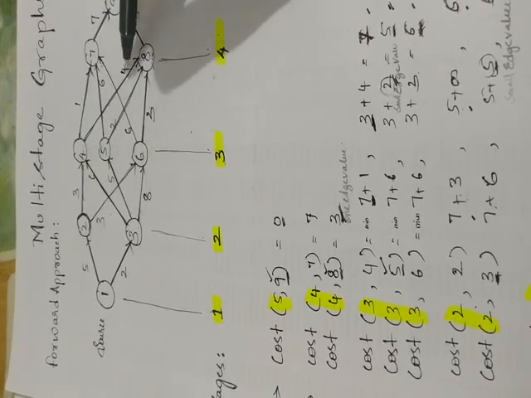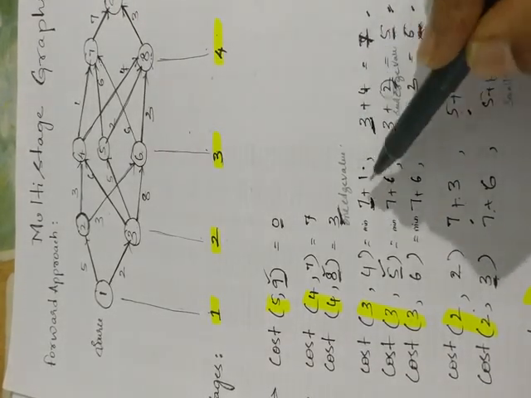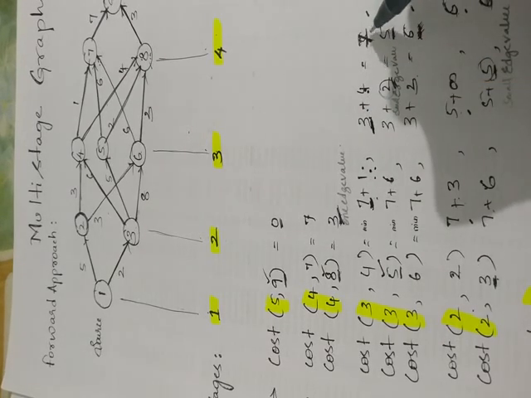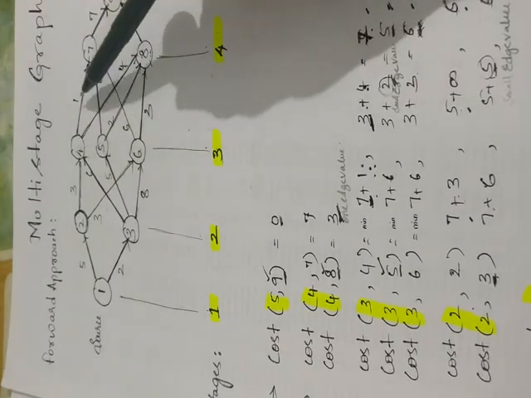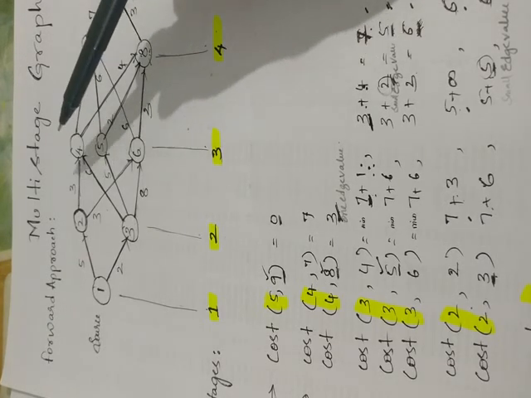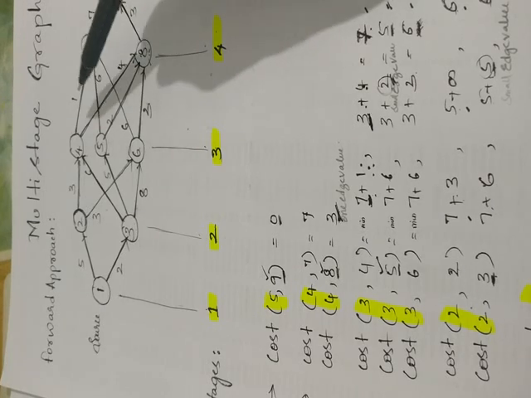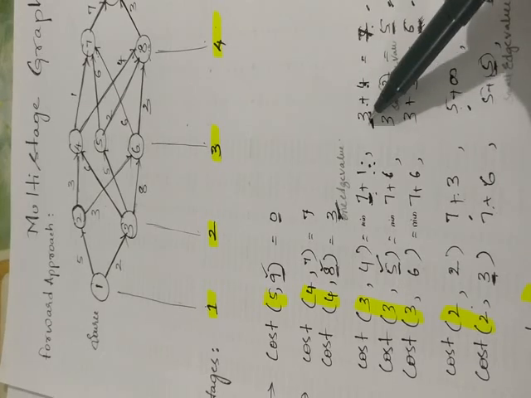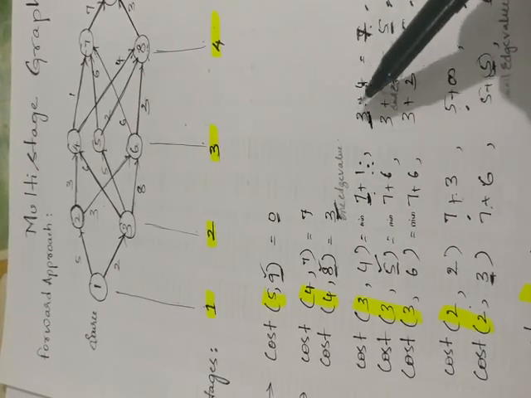So I will write down 7 plus 1 and 3 plus 4. This will be giving me 8, this will be giving me 7. Of these two, I will be taking 7 as the minimum. If I choose this edge, 1 plus 7, it will be 8. This will be 4 plus 3, it will be 7. So of these two paths, I will be choosing 4 plus 3, which is 7. I have written this 3 here because already we have decided here.